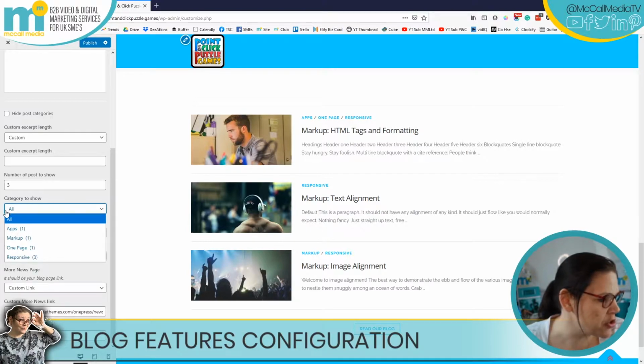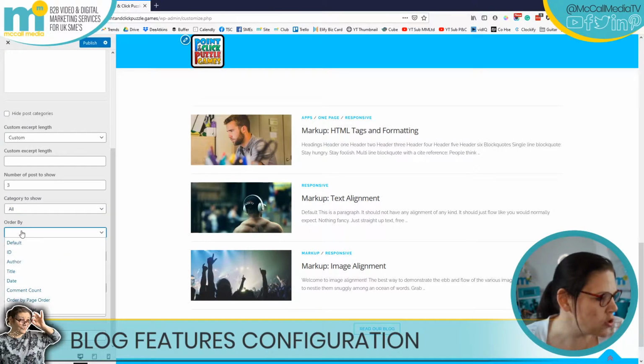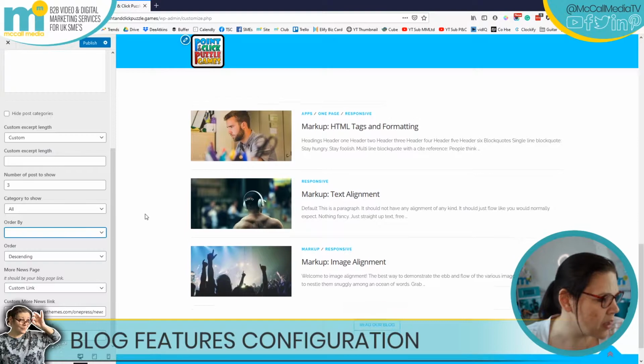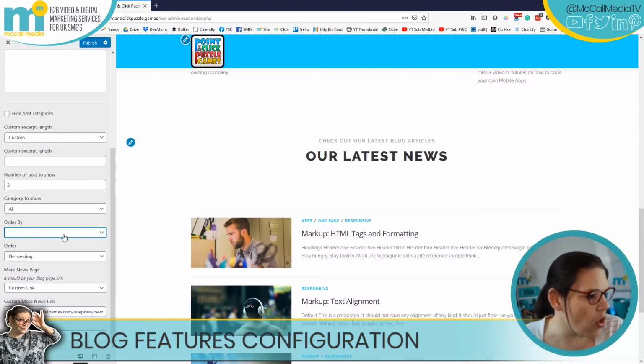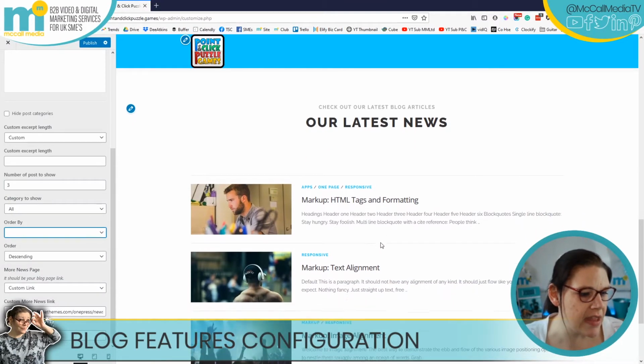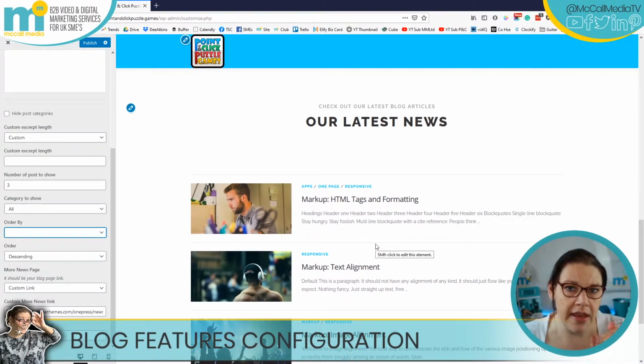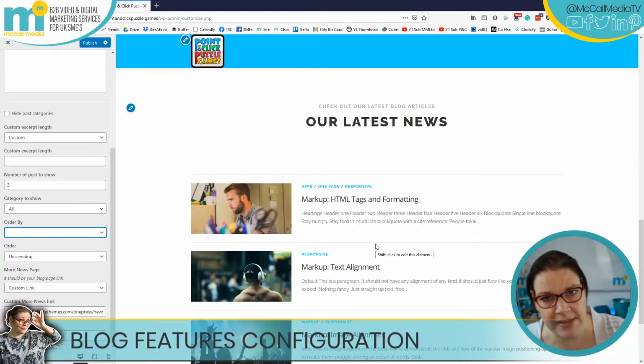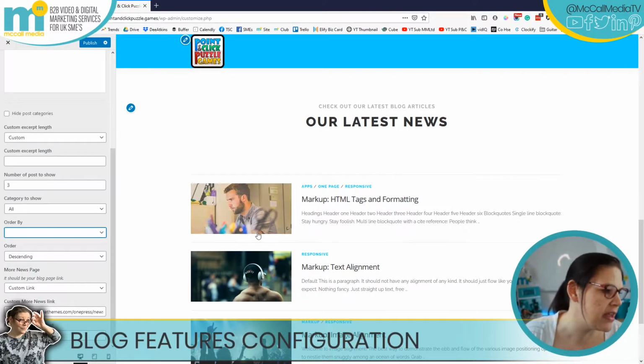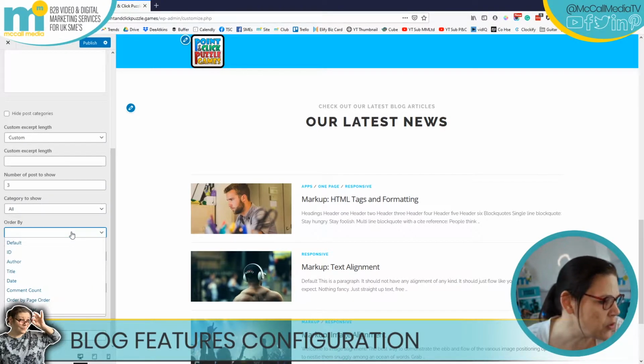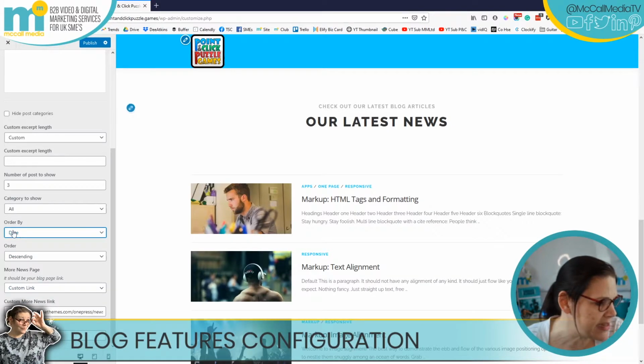Category to show, you can show all of them, that's fine. Order by, now for me, the order needs to be the most recent article topmost, and then it sort of pushes them down the list on the page until they disappear off and you have to go and read the full blog in total. So if you don't like that, for example, it could be date, descending or ascending, you can